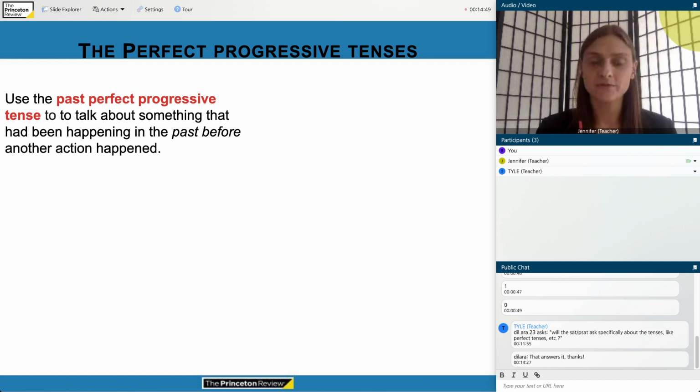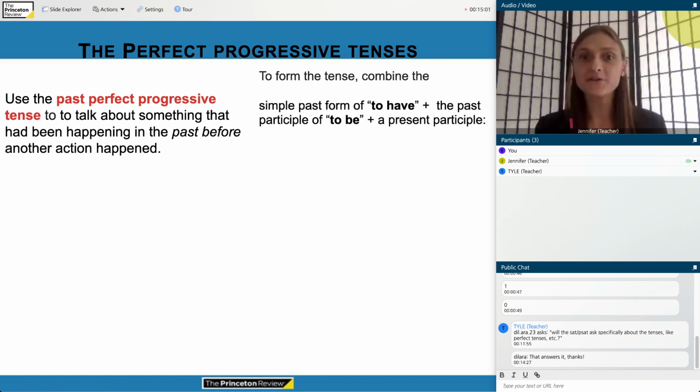To use the past perfect progressive tense, you want to use that when you're talking about something that had been happening in the past before something else happened. So what does that look like? Well, to form this, you're going to have your simple past form of to have. So what you might have noticed now is with all three of these second, third, and fourth tenses beyond the simple tense, we use the simple version of the verb to have or to be, or in the past perfect progressive here, a combination of to have and to be. So we have the simple past form of to have, then the past participle of to be, then a present